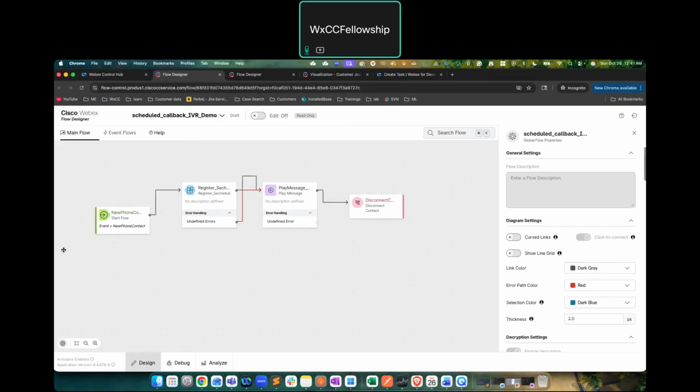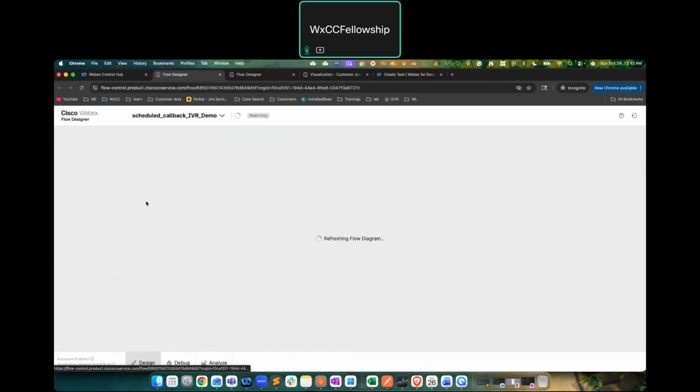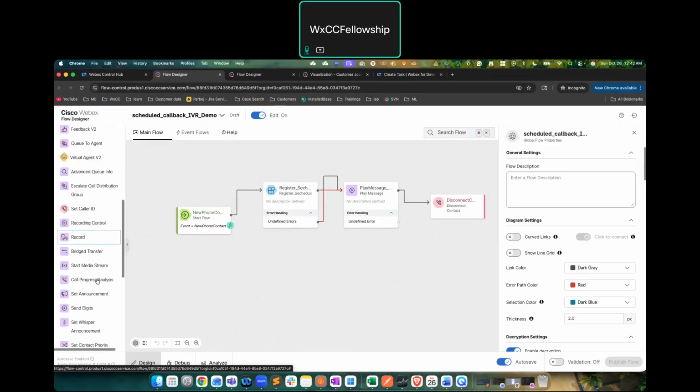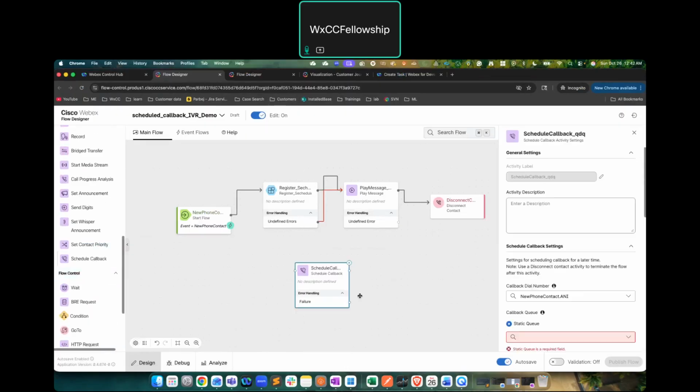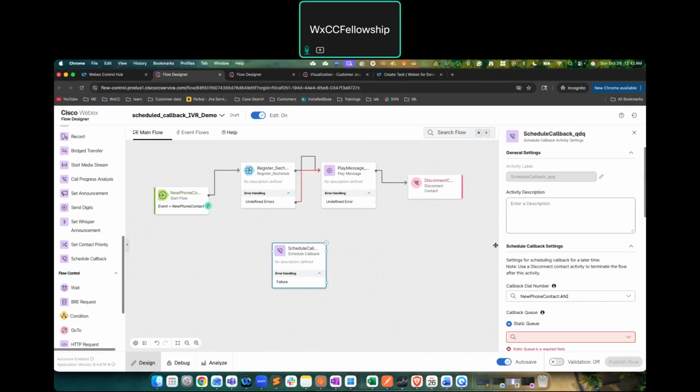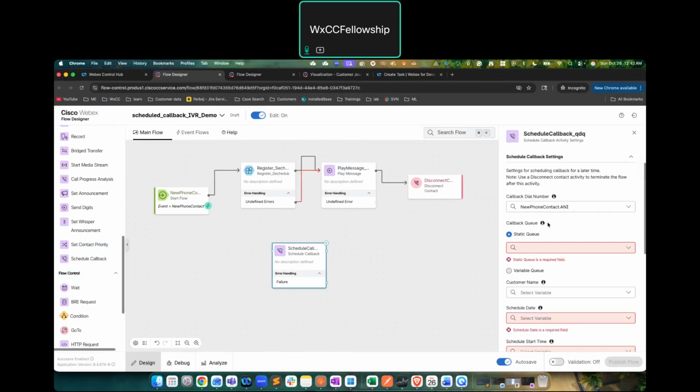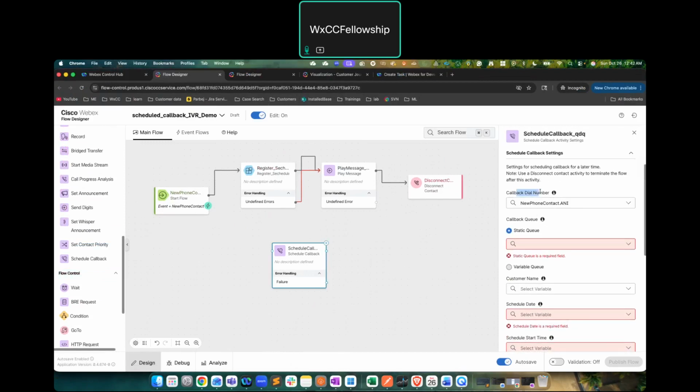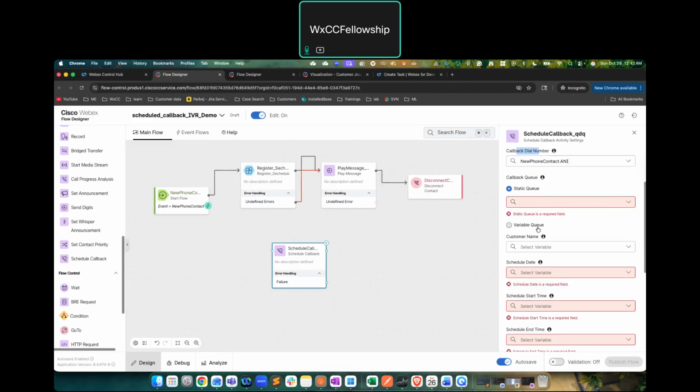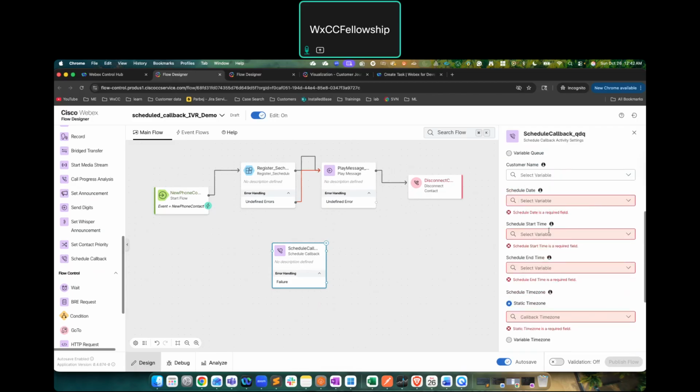Let's close this out and look at how I can configure the IVR callback flow. For demo purposes, I have already configured it. Let me go ahead and enter edit mode. Webex allows a node called schedule a callback, so an admin can use this node to configure a callback. There is plenty of information that we have to edit as an admin,